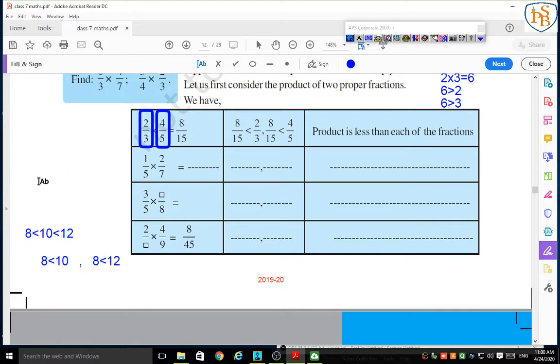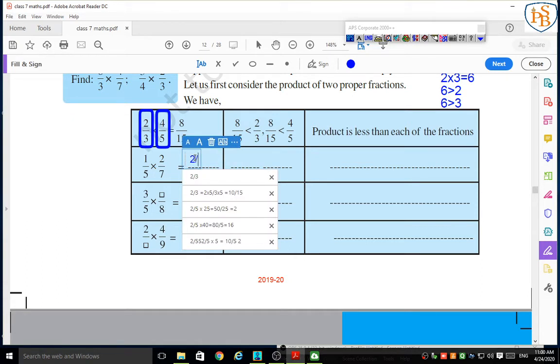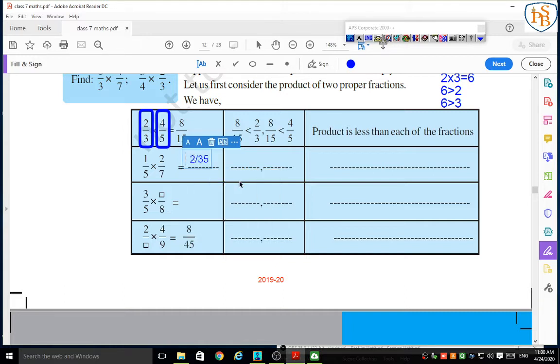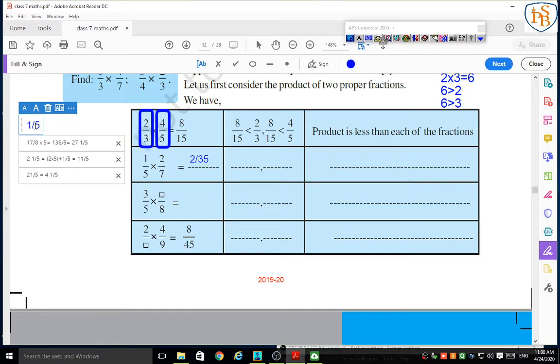Look carefully. I am going to rub this, so we can solve the second question, the second column also. Look here carefully. The second problem is 1 upon 5 into 2 upon 7. I am going to write the answer of this multiplication directly: 2 1s are 2 upon 5 into 7, that is 5 7s are 35. Now we are going to equalize the denominator, or find the equivalent fractions with the help of LCM. So the first fraction is 1 upon 5.